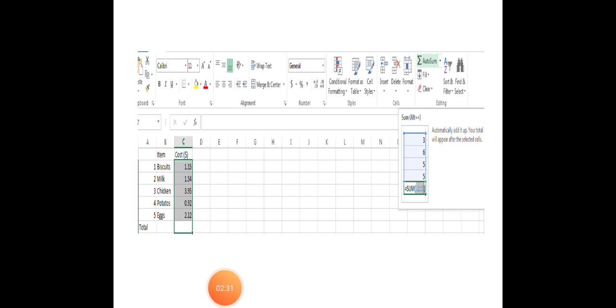In this slide I have inserted a figure of this. Here we can see the sigma, the AutoSum, and how they are pressing to add. The column, the cost they have to add, and it has been added on the left side of it. It has been added by pressing the Alt. We can see this in the figure.